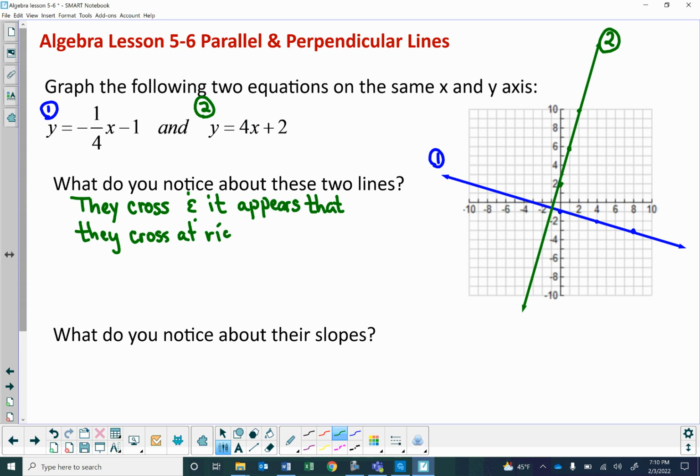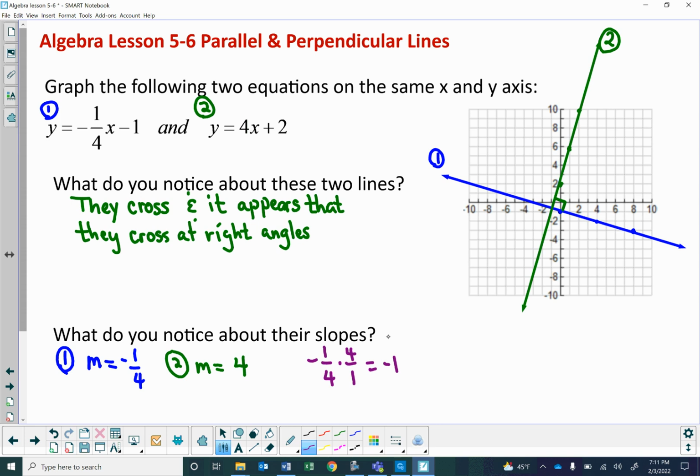If you remember, a right angle is an angle of 90 degrees. So it appears that this blue line and green line intersect at a 90-degree angle. So let's take a look at their slopes. In equation number 1, the slope was negative 1/4. And in equation number 2, the slope was positive 4. If I look at these, negative 1/4 times positive 4 over 1 is equal to negative 1,